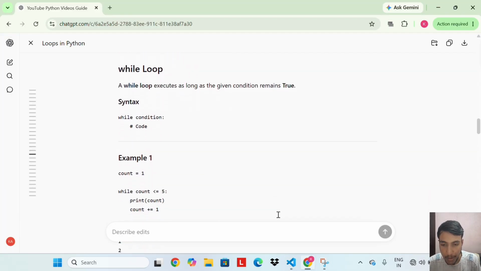While loop. A while loop executes as long as the condition remains true. Syntax: while, then condition, then colon, then indentation, and then code.